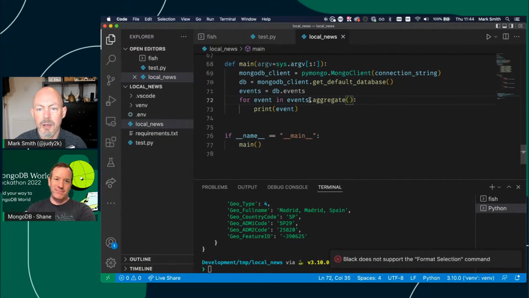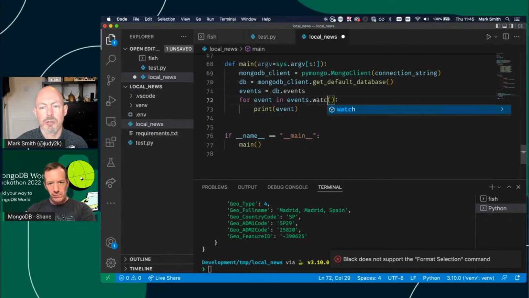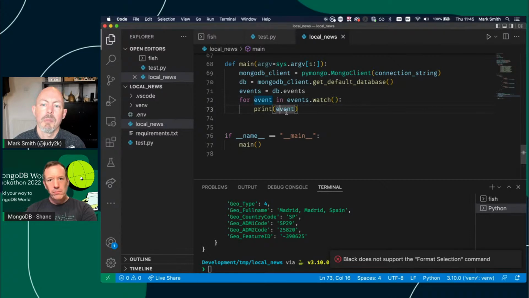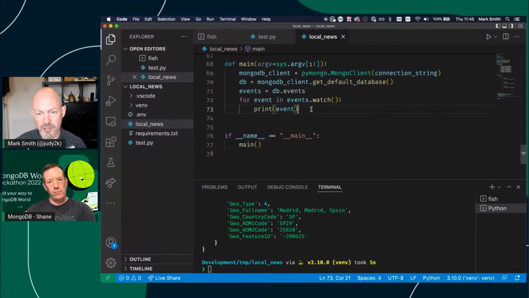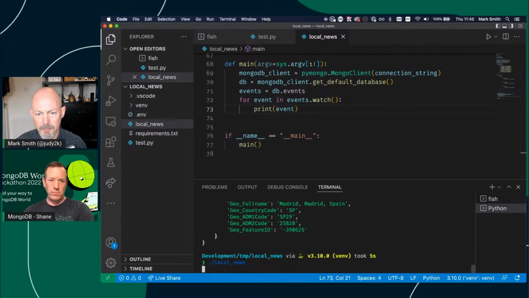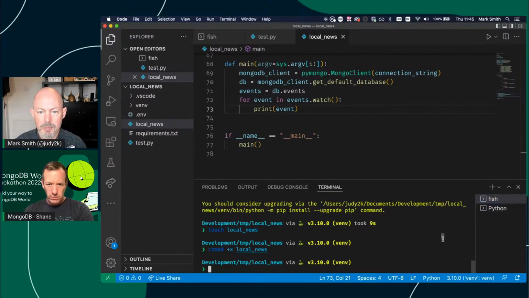Right. So I actually want to run watch on this collection. And watch just sits there. It doesn't do anything until changes are made to your collection. So if I just run this, it's just going to sit and wait. There we go. And then if I run my test script,